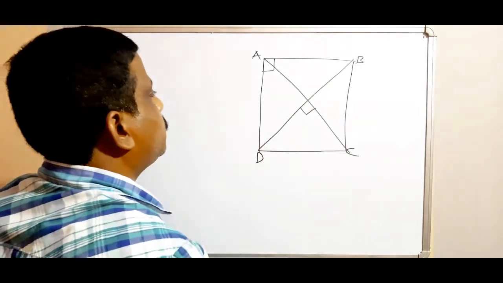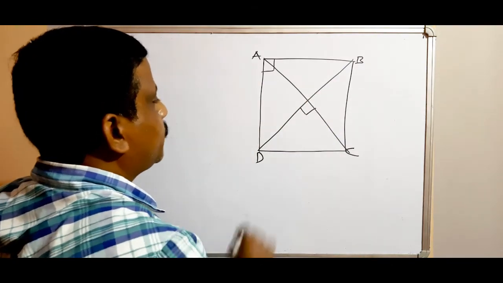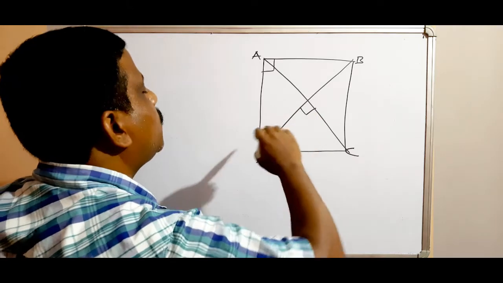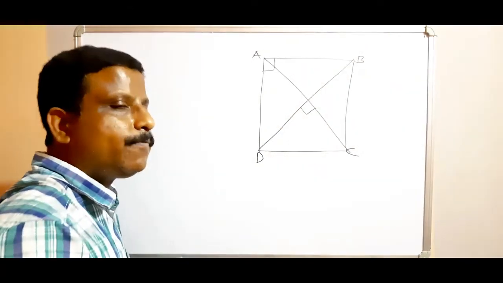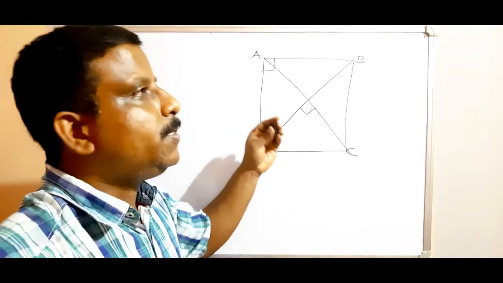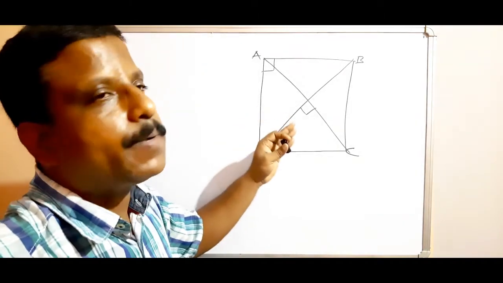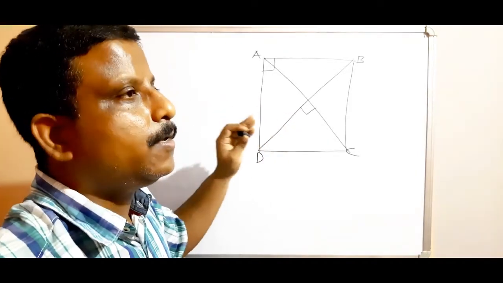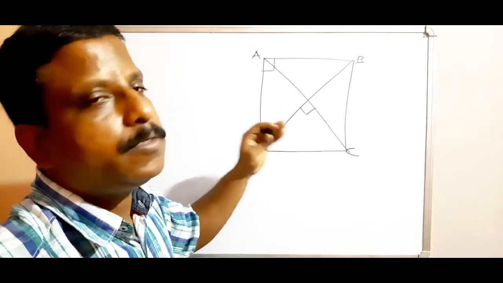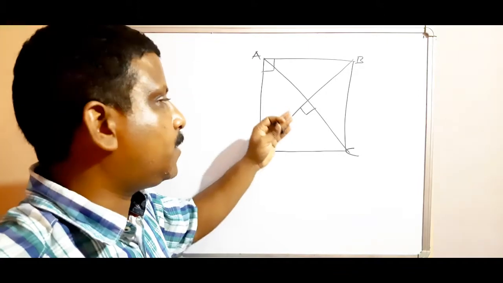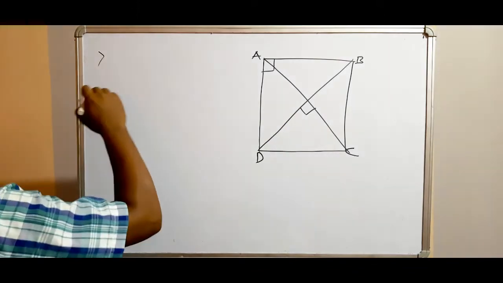So the properties of the square are: all sides are equal, all angles are equal, the diagonals are equal and intersect at 90 degrees. A square also satisfies all the properties of a parallelogram. Besides the properties of the parallelogram, I am writing the extra, unique properties of the square here. All the properties of the parallelogram must be satisfied by the square, plus the extra properties I have just explained. So what are the properties of a square only?